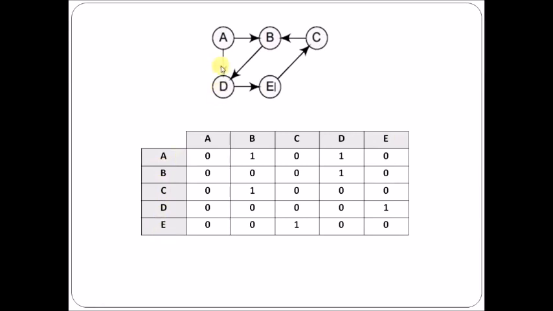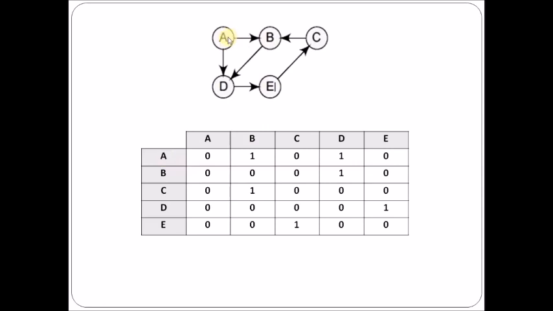Now, according to the formula of the adjacency matrix, if there exists a direct edge between the two nodes, then we can write A of ij equals 1, and if there is no direct edge between the nodes, then we can write 0 here. So consider node A to A, there is no self path associated with node A, that's why the value is 0. Then from node A to node B, there is a direct path, that's why we write 1 here.